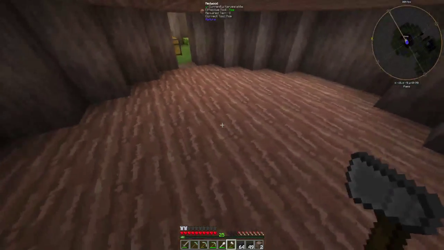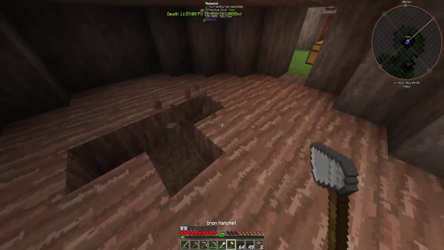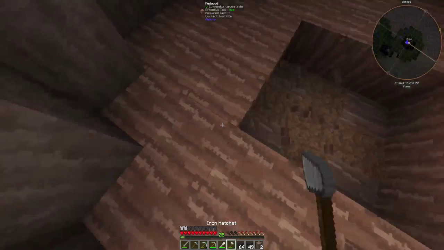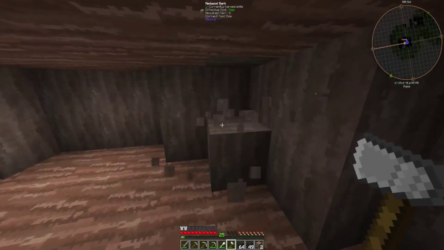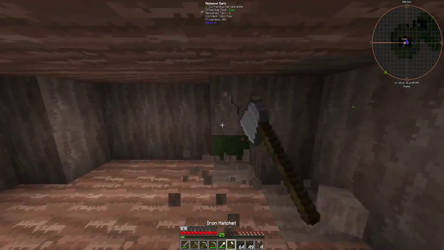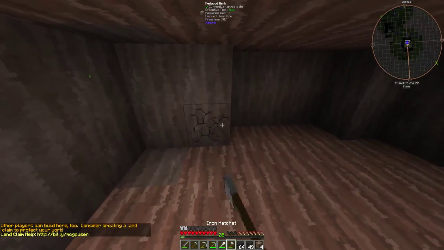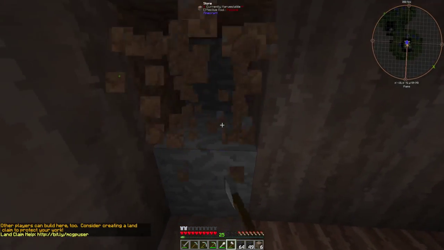So 3x3 in the middle will be right here. Doesn't give us much room. That gives us no room to walk around. So I wonder if that's going to break. I thought so. I wonder if this is going to break outside. No, it's not. That's cool because we can actually use this,